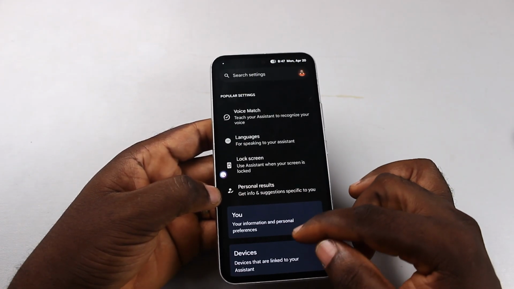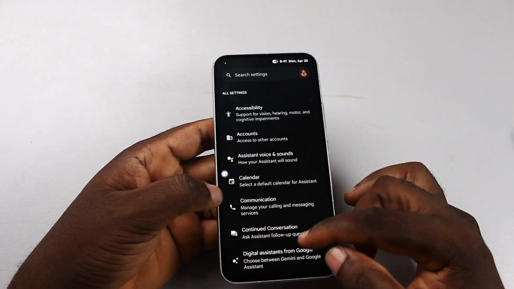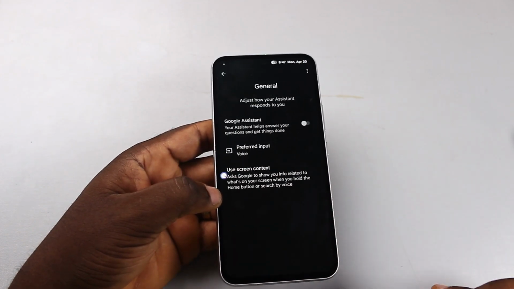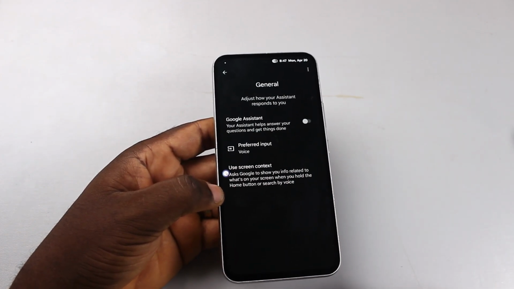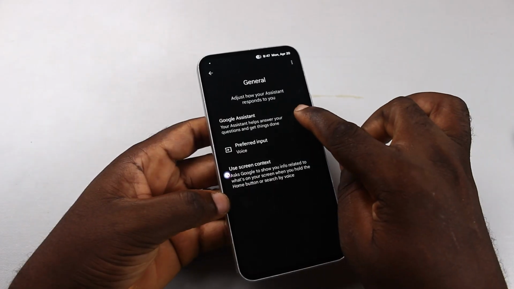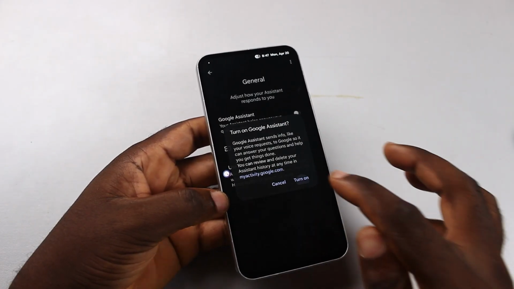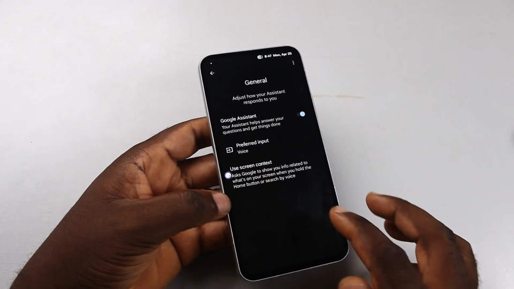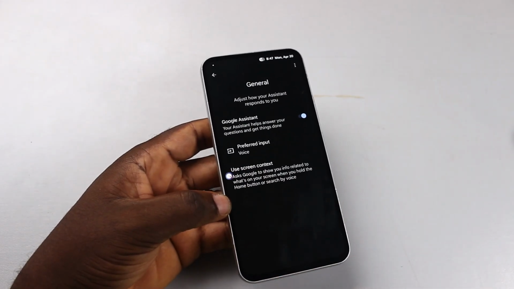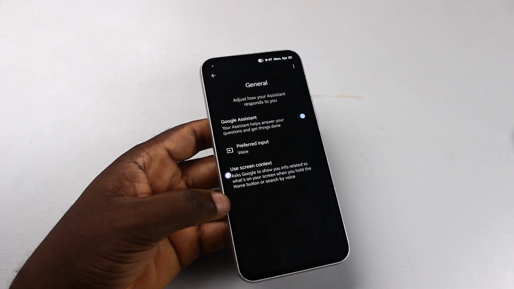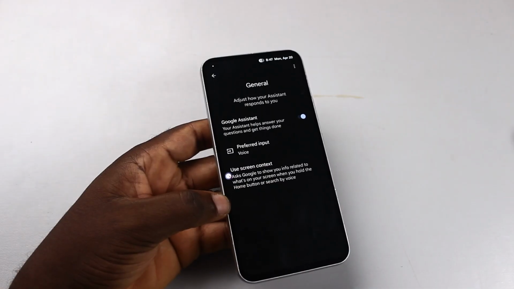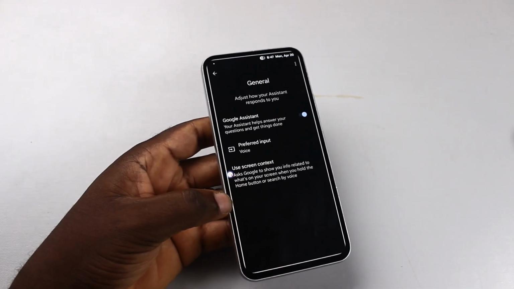Then scroll down the Google Assistant page and select General. Under General, you should see Google Assistant. Just go ahead and turn on Google Assistant, the spot that says turn on Google Assistant. If this is your first time using Google Assistant, you'll be prompted to train your voice for Google Assistant to be able to recognize your voice whenever you say, "Hey Google," and after that, you